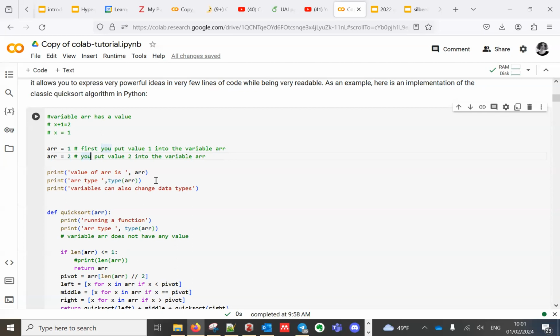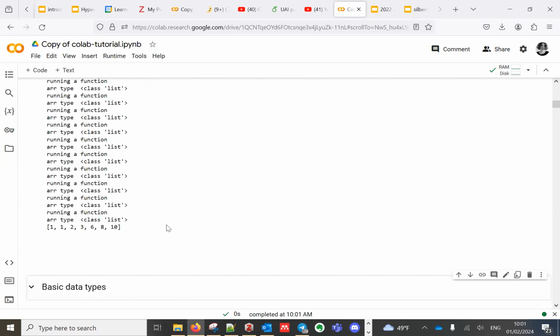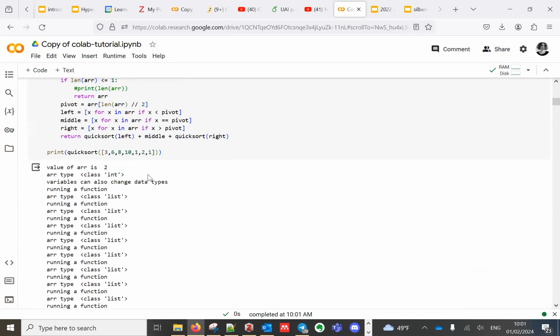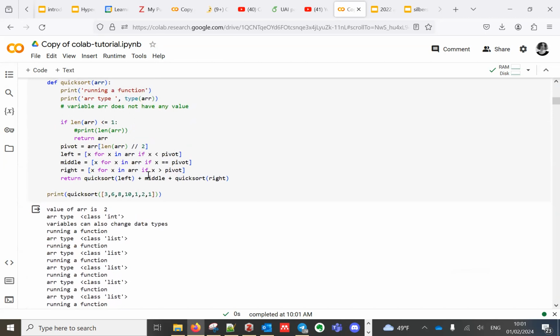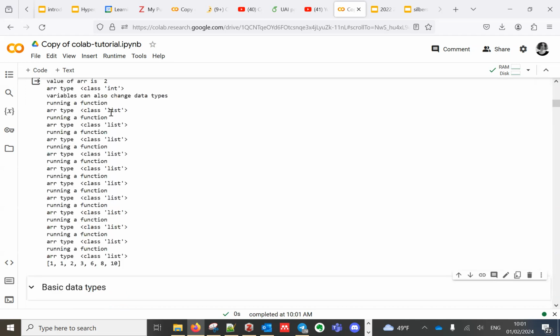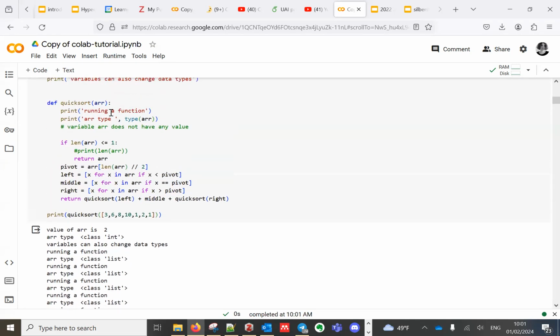And afterwards we are able to change the data type. That's what you will see when we run the program and ask it to tell us what the type is.